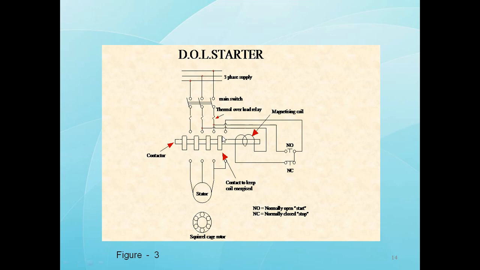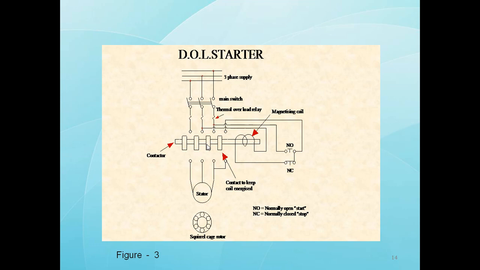So when it opens, then what happens? The motor stops. It will come like this. All the contacts are open. There is no supply to the motor. So when the off button is pressed, the coil gets demagnetized and the main contacts of the contactor are open and